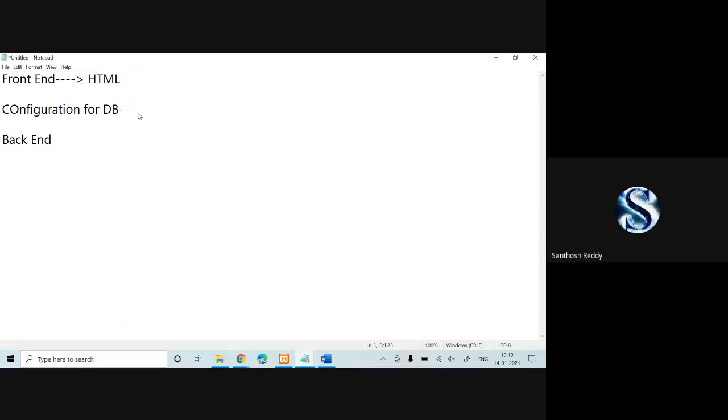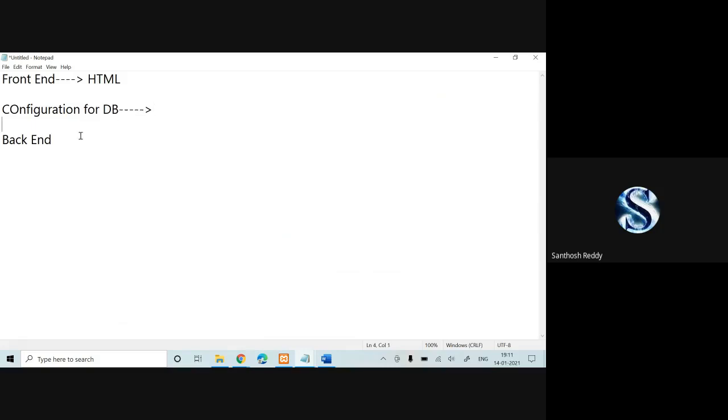Why are we going to use the configuration for DB? Whenever you want to connect your database, we should have a root, username, password, and for which database you need to connect. All those things we can store in the configuration for database.